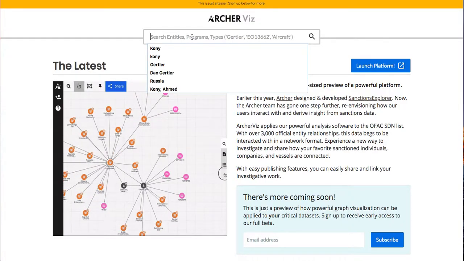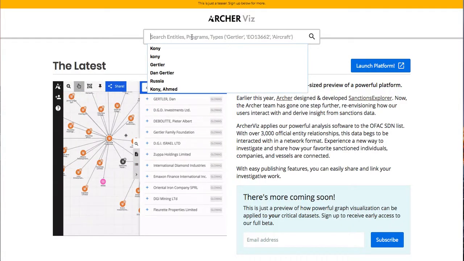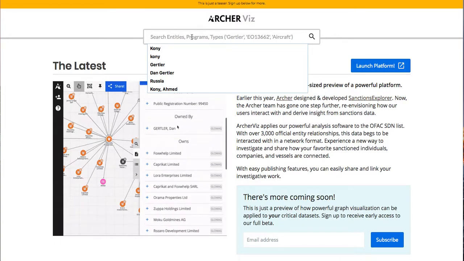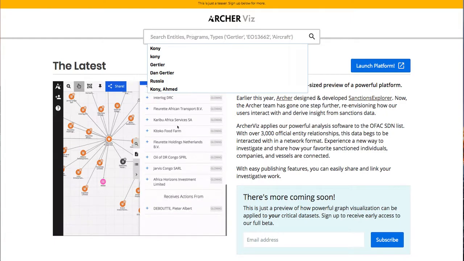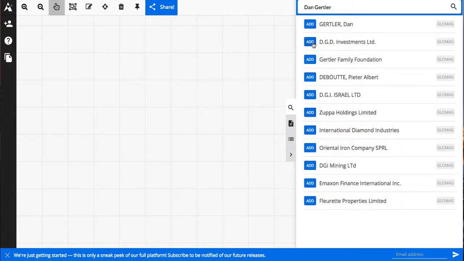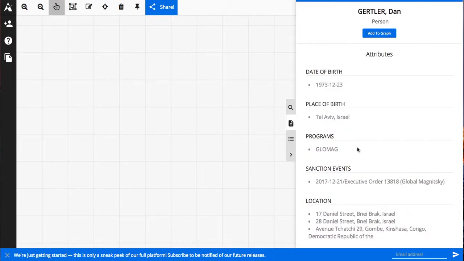This is ArcherViz, a network analysis platform built on top of public data. Currently, U.S. Treasury sanctions data, and the tool is for human rights activists, researchers, and journalists throughout the world. I'm going to search Dan Gertler, who is a known human rights violator, and I'm able to view